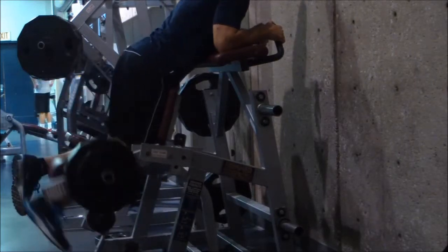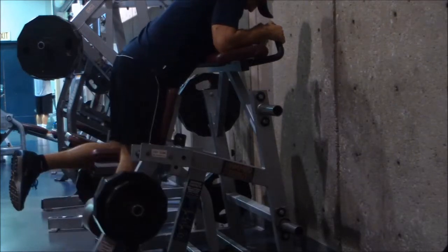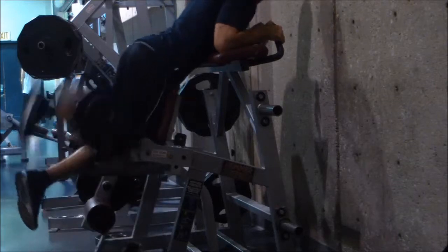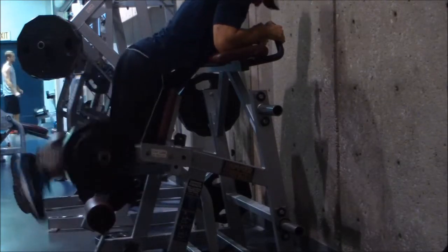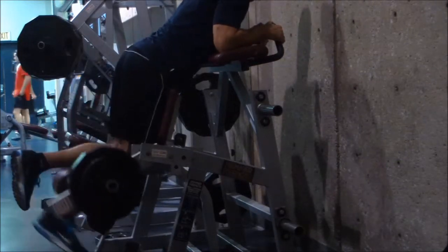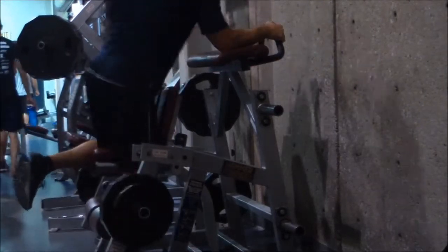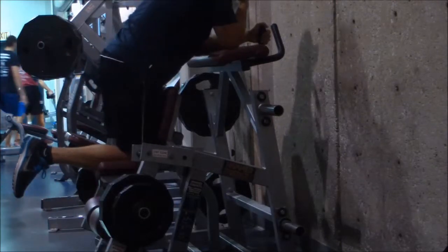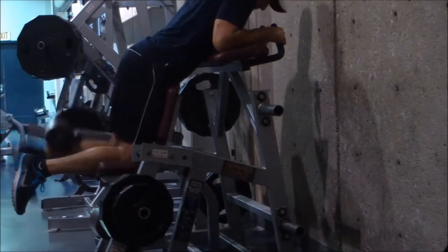It's a difficult thing for people to comprehend and to understand and to really implement in their own lives, but I think once you're able to find that balance in life, find that balance in the gym, it makes everything much more enjoyable. You can see I had a little bit of my accessory work after my squats. I was pretty taxed after those squats. Like I said, I wasn't feeling too good going into that day. Did some leg extensions, leg curls, and I did some adductor machines,